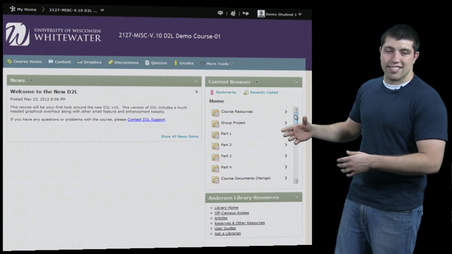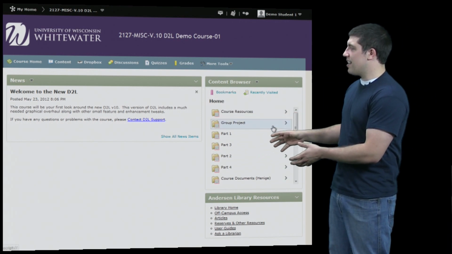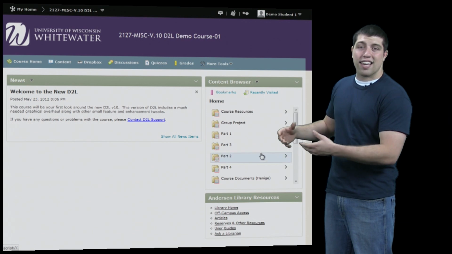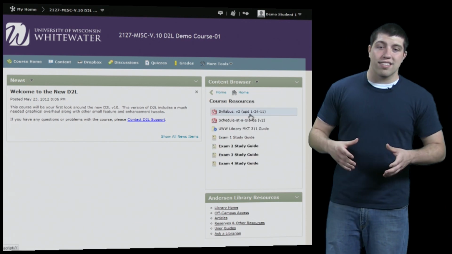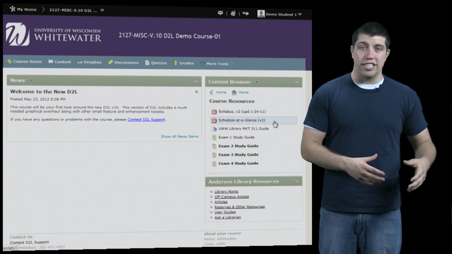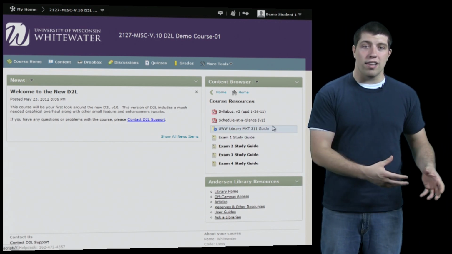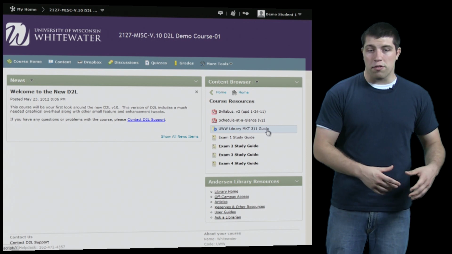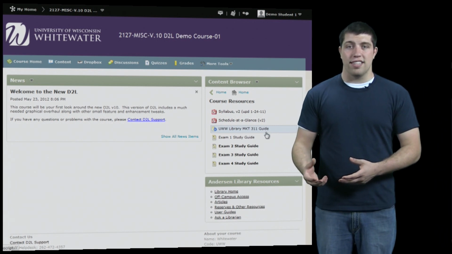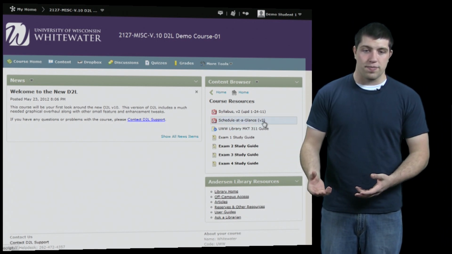Now here we can see a list of all of the different modules that the content is organized under. When clicking on any of these modules, we're brought to the actual content itself that falls under each respective category. Now there might be content and there might be more links to sub-modules, but from here you can click on any of the content and it will bring you to said piece.